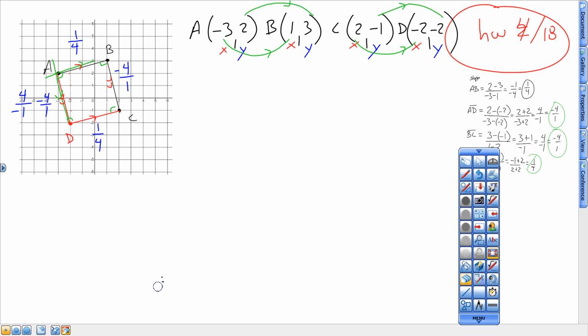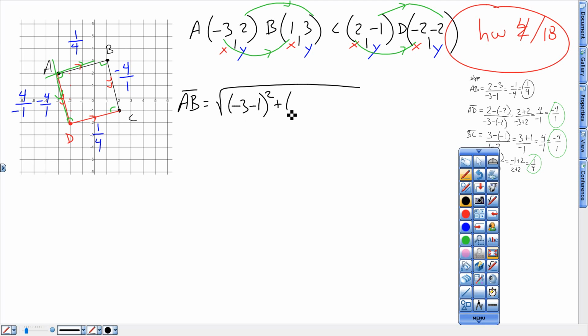So here I go. First one, if I do A and B, distance now, I'm doing the square root of negative 3 minus 2. Oh, sorry. Let's do A and B. Make sure I'm using the right coordinates. So the length of A and B is the square root of negative 3 minus 1 squared plus 2 minus 3 squared gives me the square root of negative 4 squared plus negative 1 squared gives me the square root